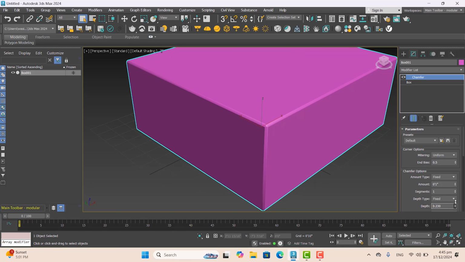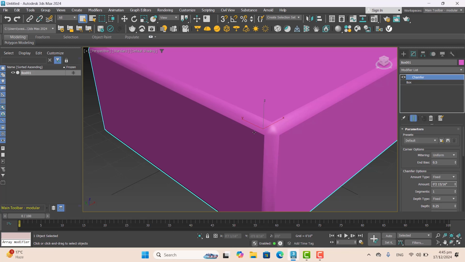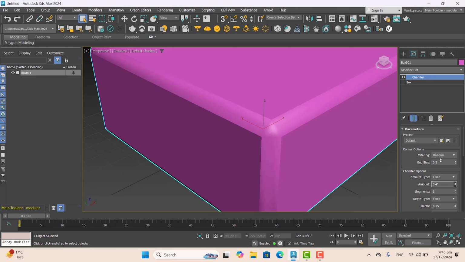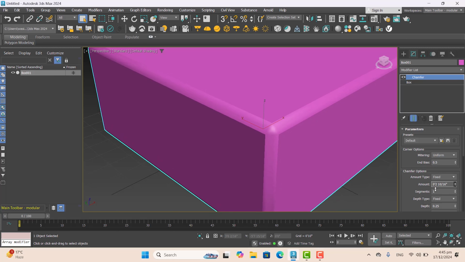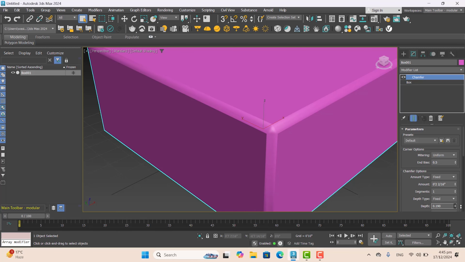Now you can see the depth. It gives smoothness. Now it increases the edges, their corners. It makes bigger. Now it gives the